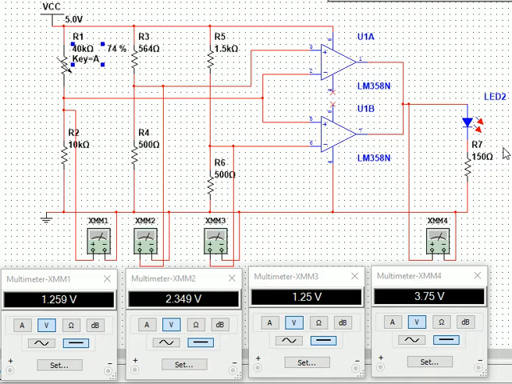Now going on, reducing the resistance, so the object is coming near, that's why the resistance is getting low. So the voltage is increasing now, and